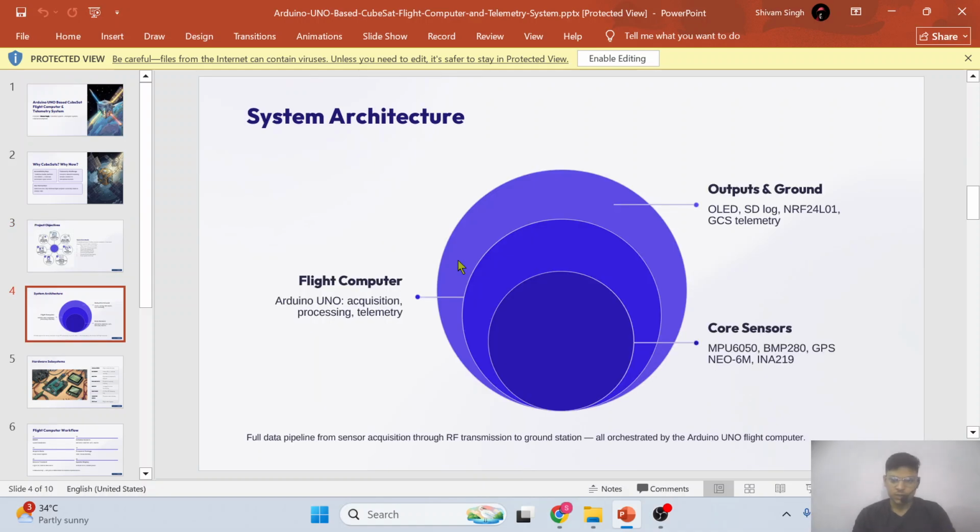This is the output control, and an overview of the whole architecture of the satellite. Here we will use the core sensors MPU 6050, BMP pressure sensor, and GPS Neo, and to control these sensors we will use the Arduino Uno as the flight controller.